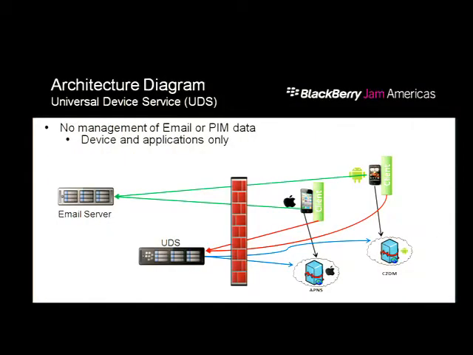So this is a very simplistic version of UDS. I could have put the other one up, but even though my lines are squiggly and colored, it was much more convoluted. But the premise is still the same. You have UDS, or Universal Device Service, which is part of the MobileFusion suite of products. It is not in the path for your email. So much like BDS, it's not in there. So UDS does not provide email or calendaring or PIM. Its purpose is just to do